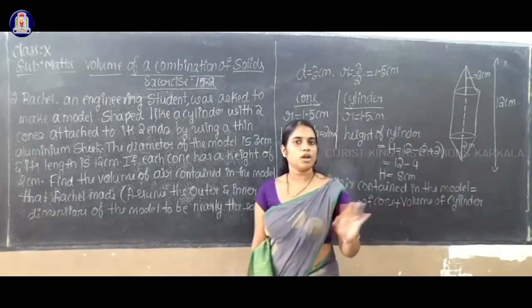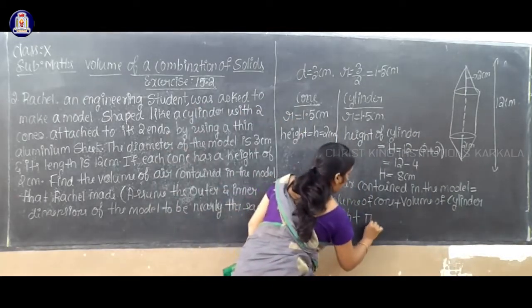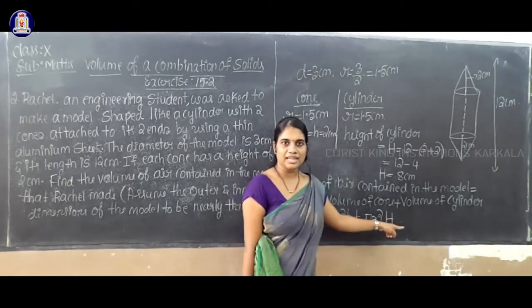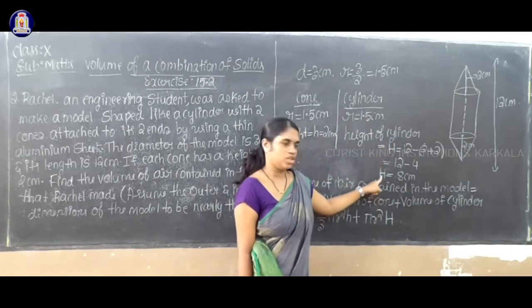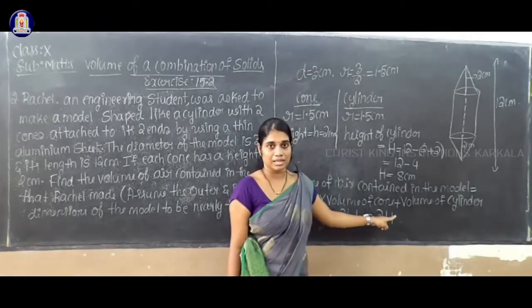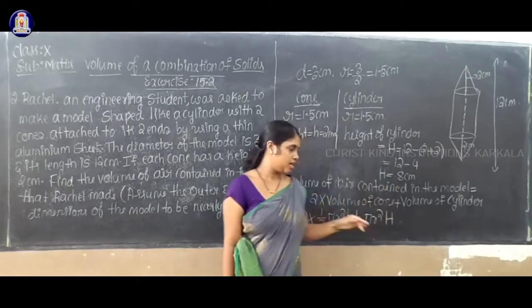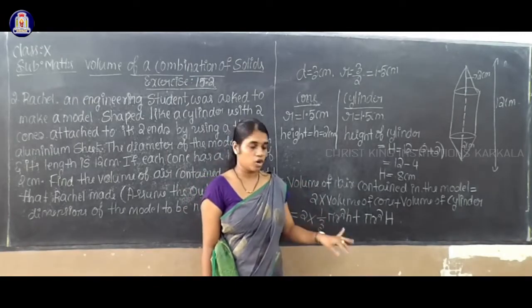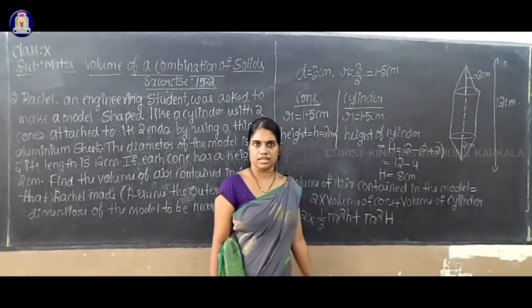What is the formula for volume of the cylinder? Pi r square capital letter H. Why do I use capital letter H? Because the height of the cylinder is capital letter H here. So therefore I use a capital letter H. If you write small letter h, you will think h is a common term and take it out. That is wrong, because this h value is different, this H value is different here, isn't it?